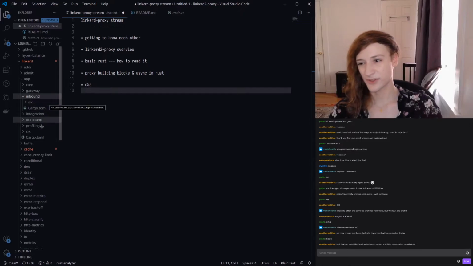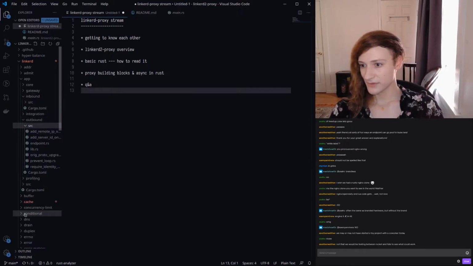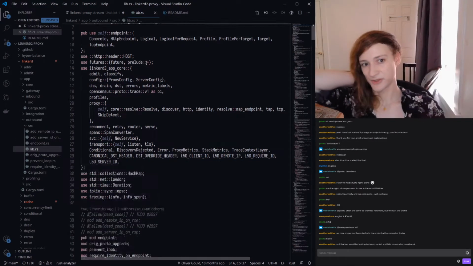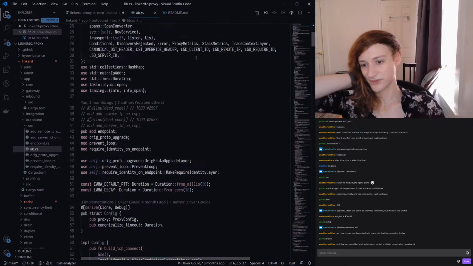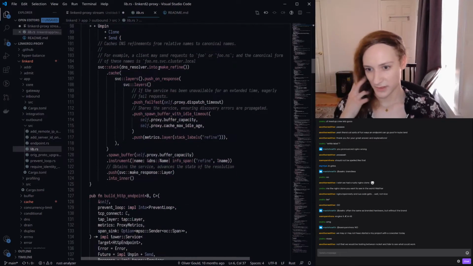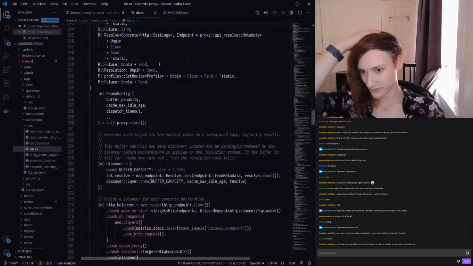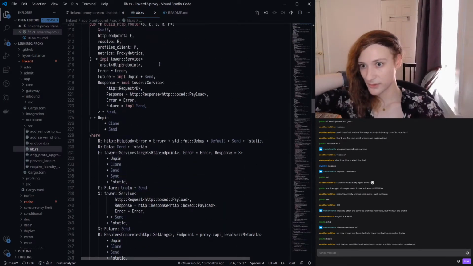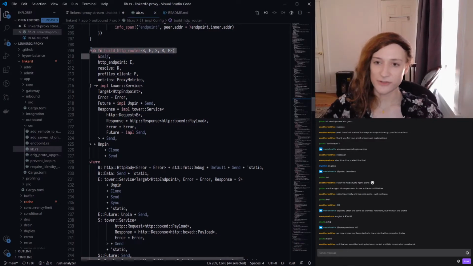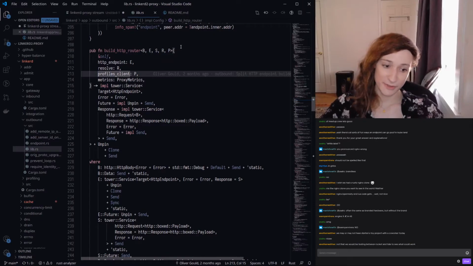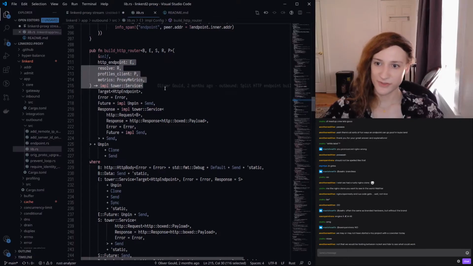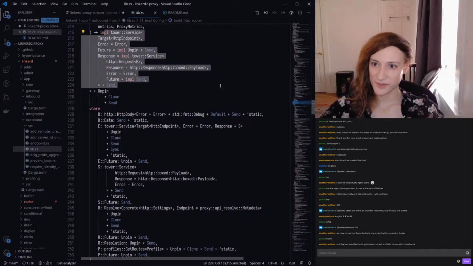And this is where it starts to get interesting. So we have this outbound, we have a lib.rs, that's the main module. We have a bunch of imports here, ignore that. Turns out that we import a bunch of stuff. And then let's find, where do I want to go? Build HTTP router. So this is a function that builds an HTTP router. It's going to take a bunch of stuff and then it's going to give us back something.